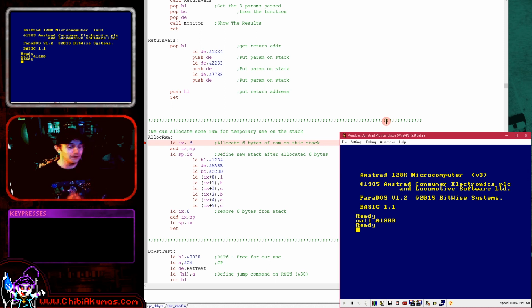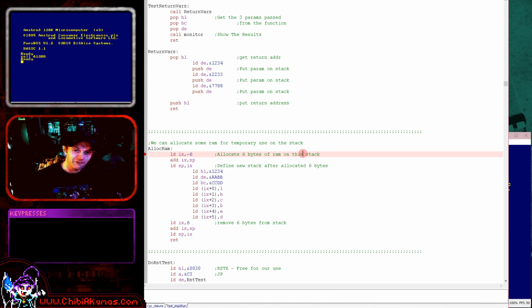Now, to be honest, Chibi Akumas never did this. This wasn't an idea I'd actually had back then. This was something that I think I read in some of the documentation on the 68000 processor. So it was something that just simply didn't occur to me. So maybe it would have been handy if I'd known it, but as I say, unfortunately, I didn't know it